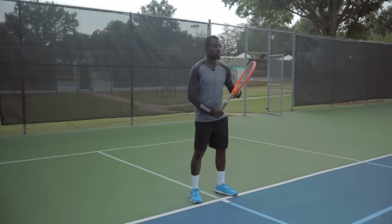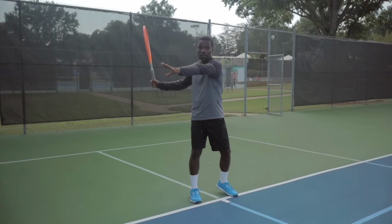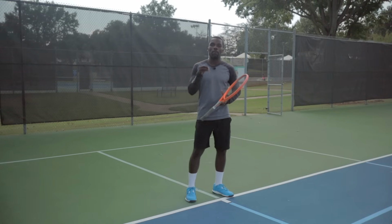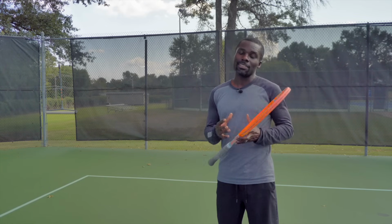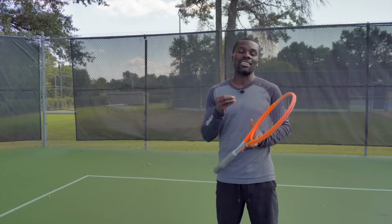I'll do it from the side so you can really see this. I'm pushing it back, and that little separation. With that separation, the hand's gonna be extended. And that's so crucial to being prepared. Most players don't have a solid forehand. It's because they're not preparing early enough and the right way. And as you can see, Djokovic does this, and it's a huge benefit for him being solid and consistent in